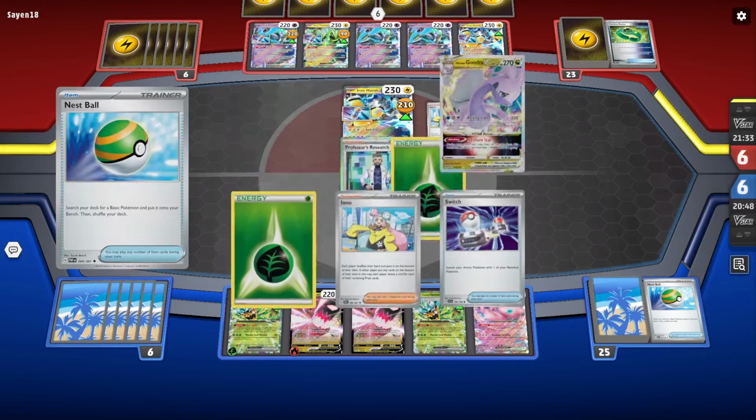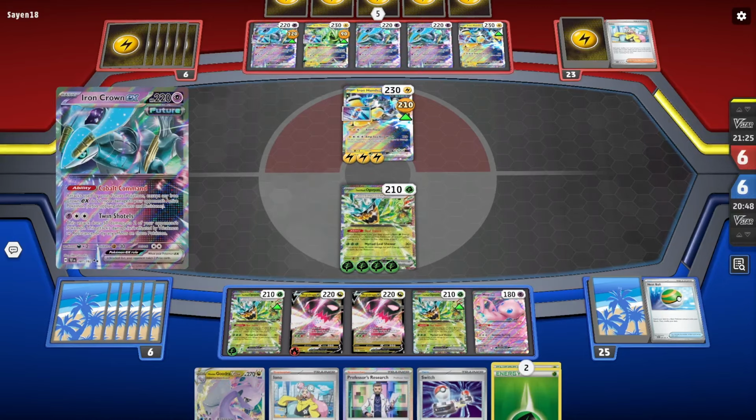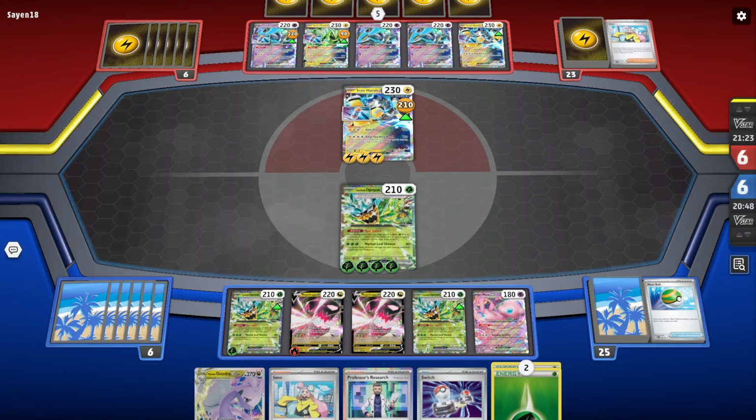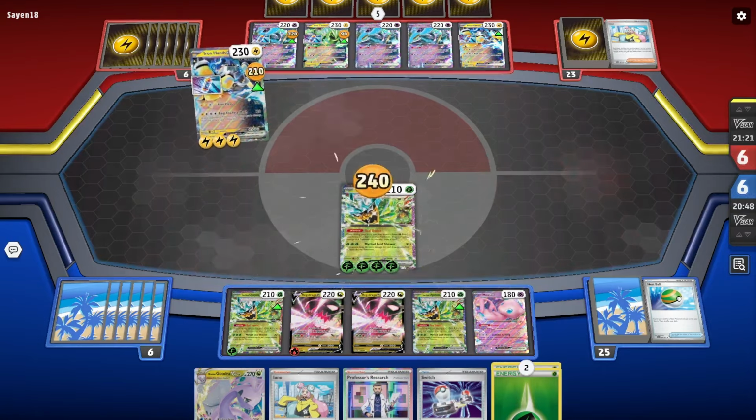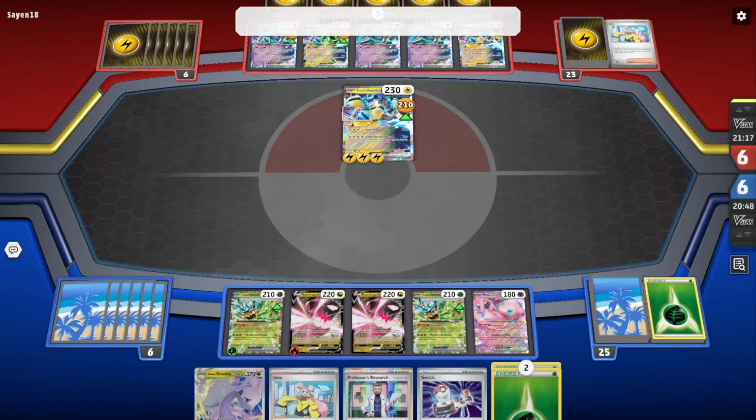Now I have 3 Pokemon that I have softened up a lot, though. So that's the really good news, right? There is very good news this game in that I've softened them up a lot. So I don't love the way I played that turn, right? It was not a good turn. But